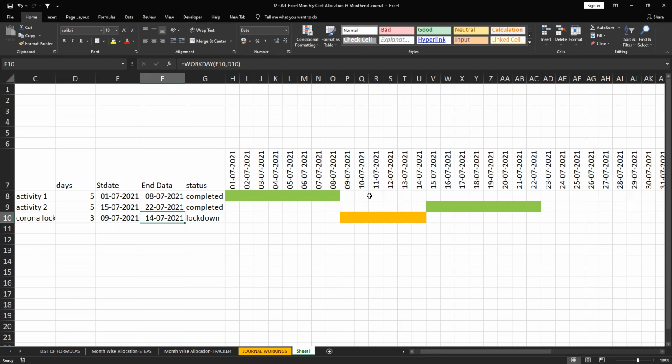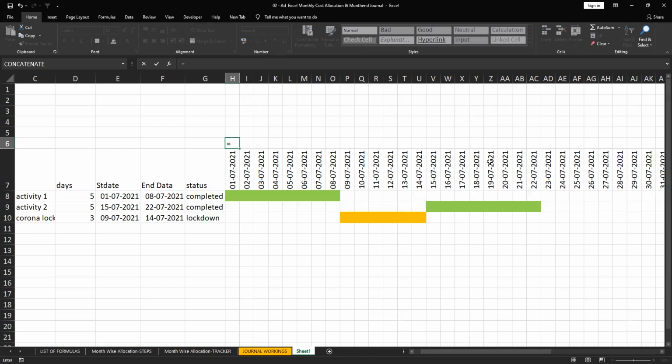Is this clear? Also, can we find weekends and color code them here? Is there any option? Okay, so suppose, how can you mark weekends?